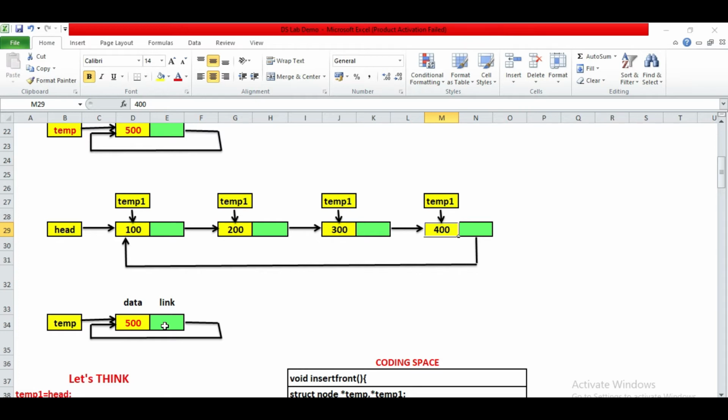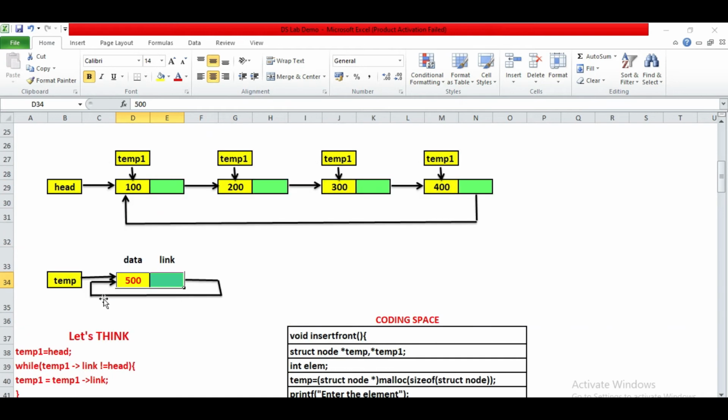The last node, which has the address of the first node, should instead point to this new node. That is the first thing. Then, since the new node becomes the first node, the head should point to temp, and the link of the new node should point to the previous first node. When you make these changes, the new node will be inserted at the front of the linked list.